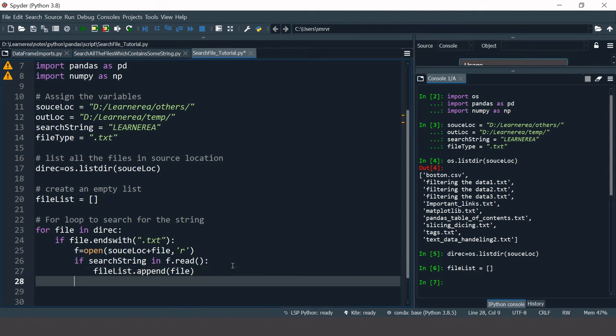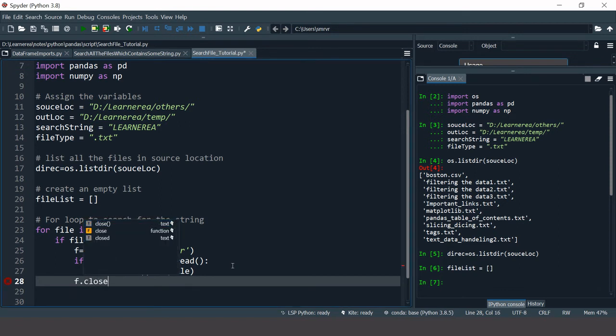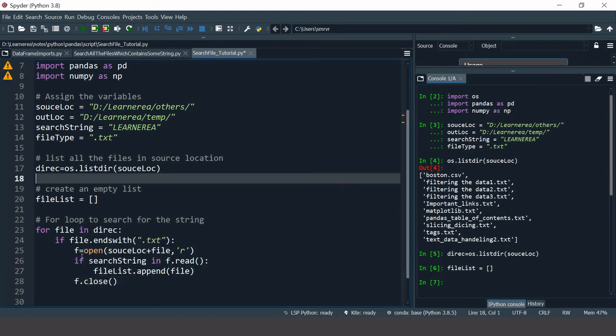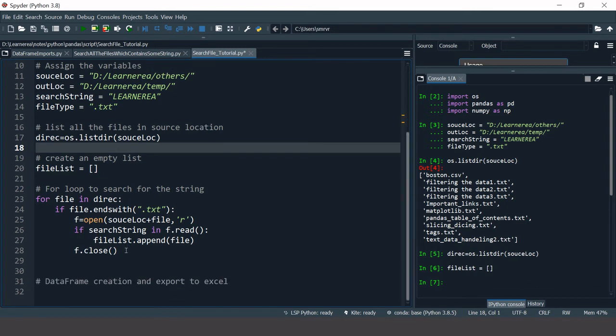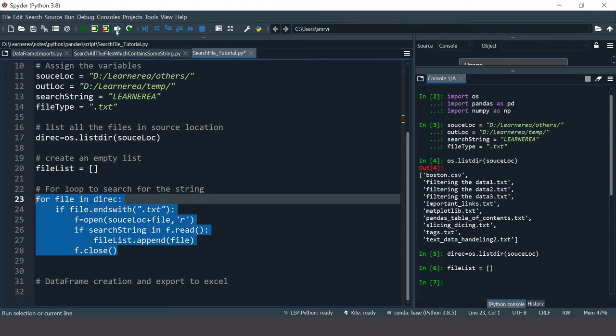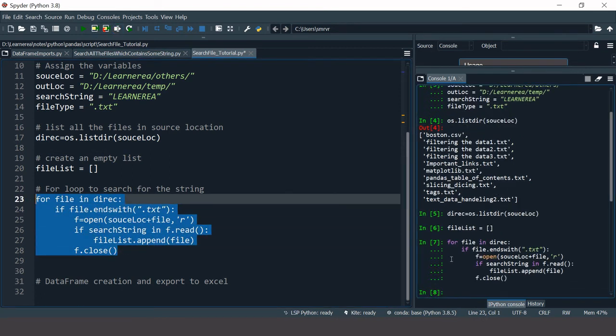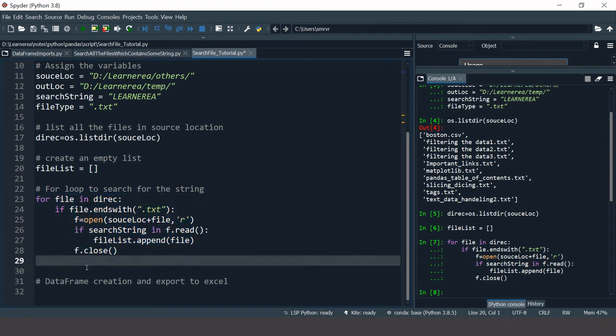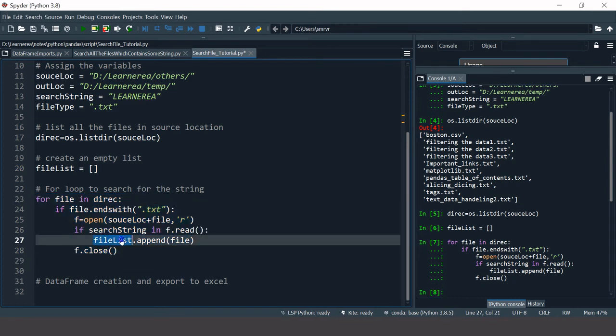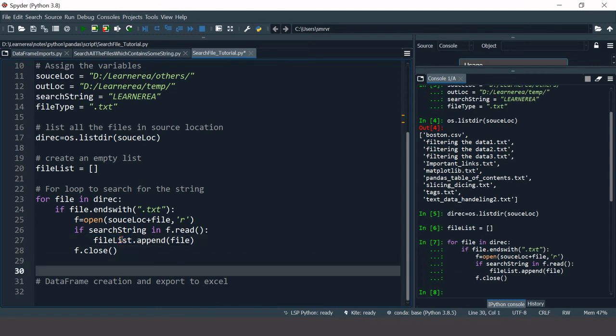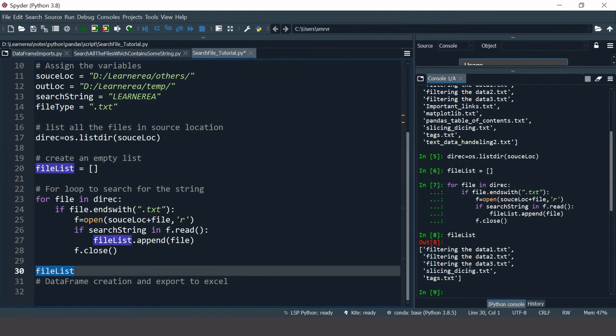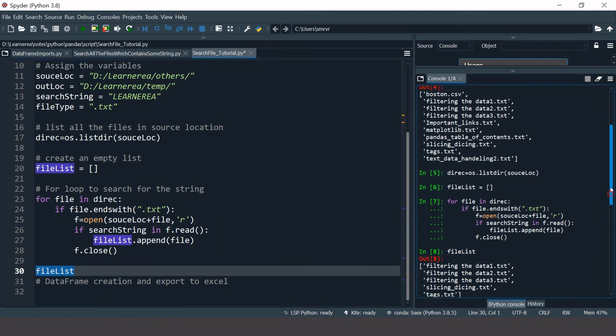Now when this is done, I want it to close that file. All right. So this file was opened over here in f, and now I'm closing that file. Let's execute this and see if this throws some error or not. Here it ran successfully. Now let's check the value in this file list. What are the values which have been created into this? Let's see. Well, so it has stored the 5 file names, which out of this list there are only 5 files which contain this particular string, which has been stored in this file list.